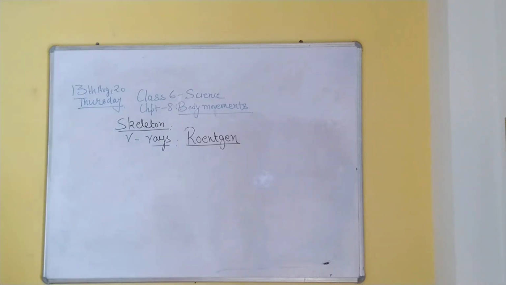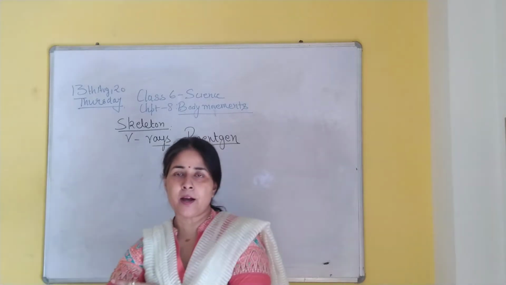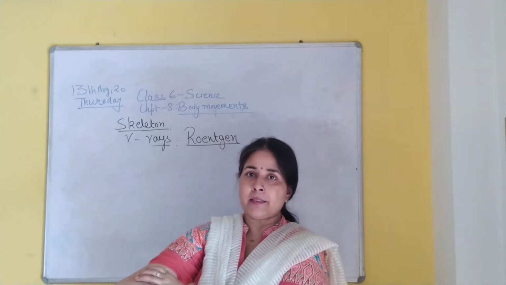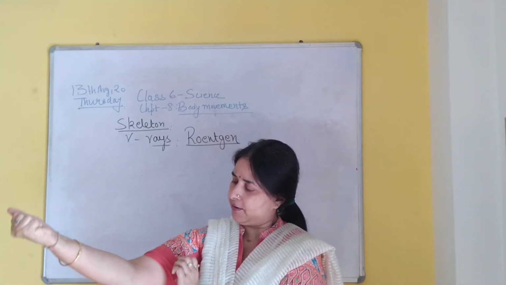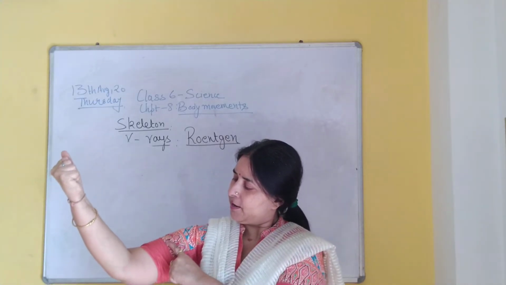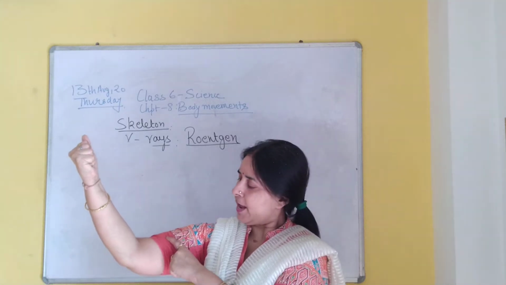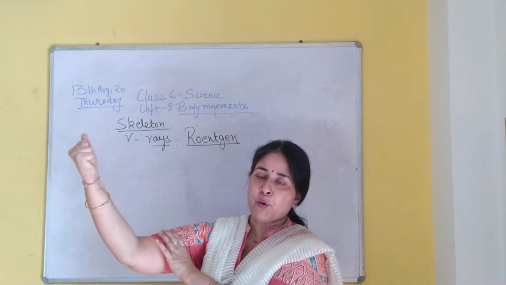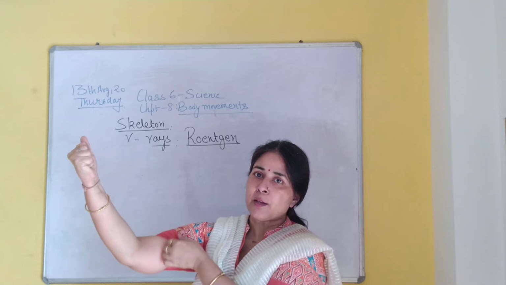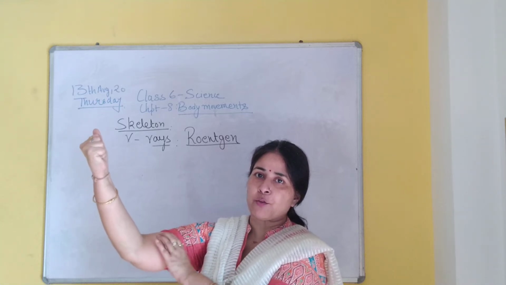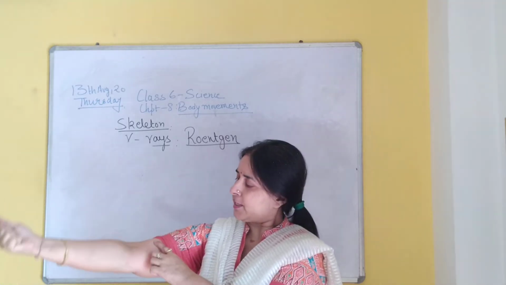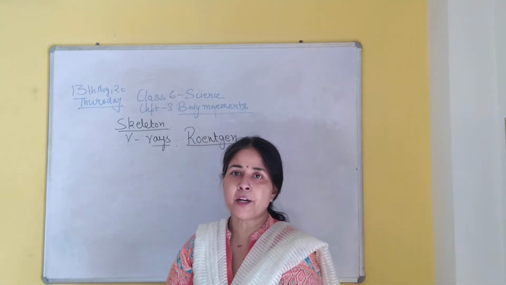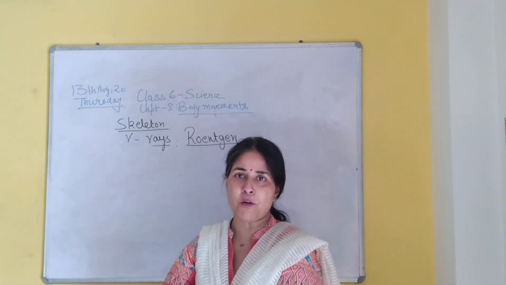You just make a fist and then you just bend it. You will see that this portion of your arm has become like hard, थोड़ा सा hard हो गया है. It has become hard. Now you release it, it will become soft. It has become soft now.